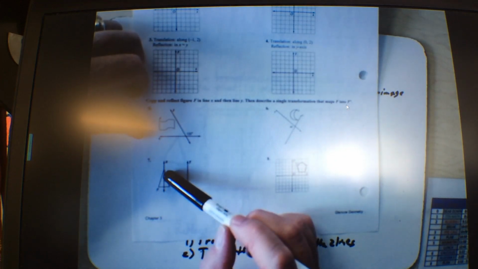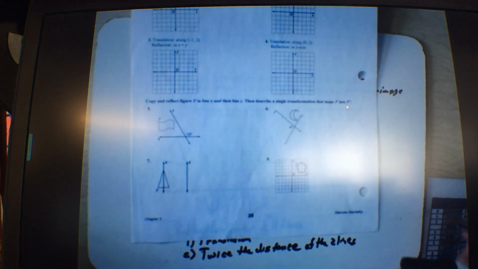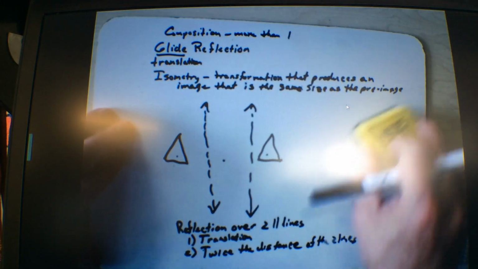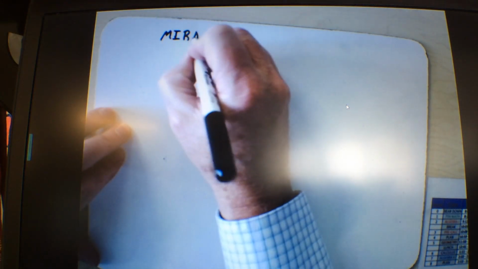Do you realize that? And then when you reflect it over this side, you see that purple thing that I gave you? That purple thing is called a Mira. Some people call it a Mira. And they like to call it a Mira because,